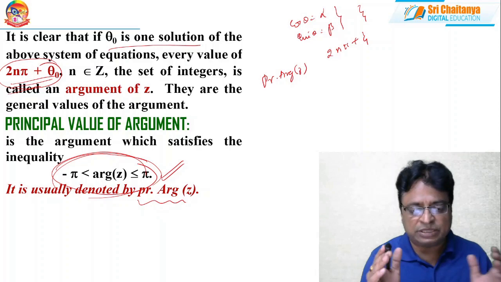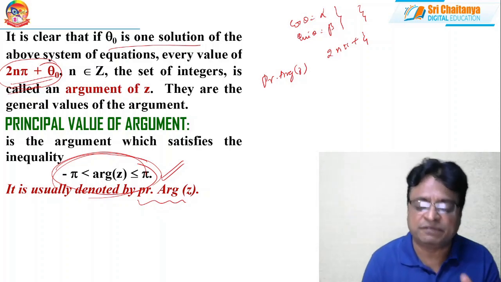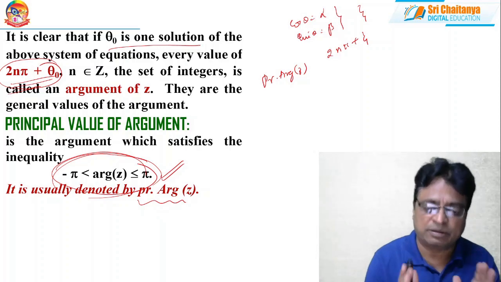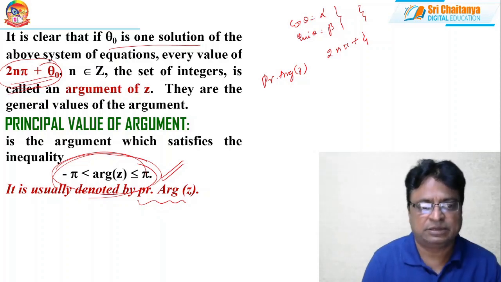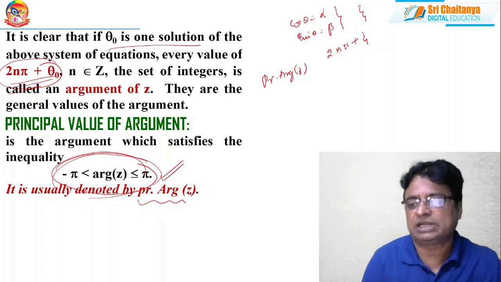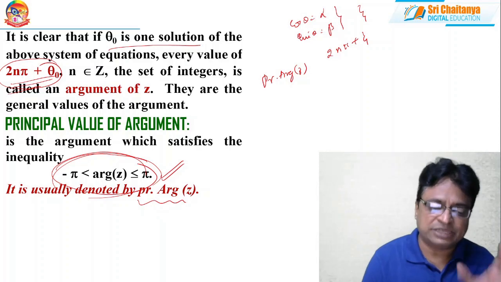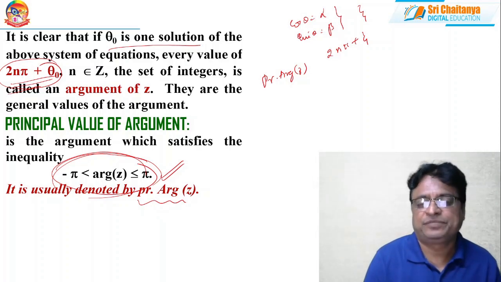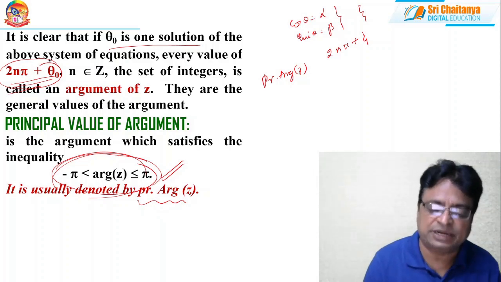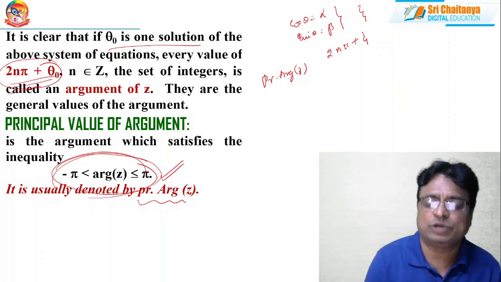As long as we are in the complex domain, whenever we are finding the argument of z, it is nothing but the principal argument of z only. All other results in the coming lessons, though they mention argument, you should understand that it is nothing but the principal argument only. Unless something is specially mentioned, we go for solving every problem with the help of the principal argument only.